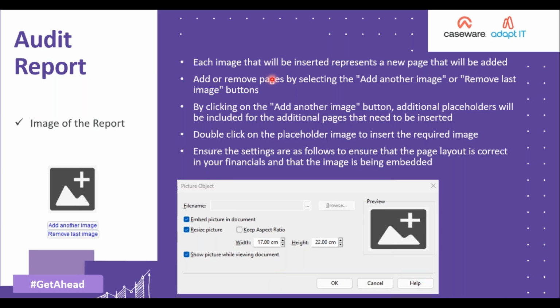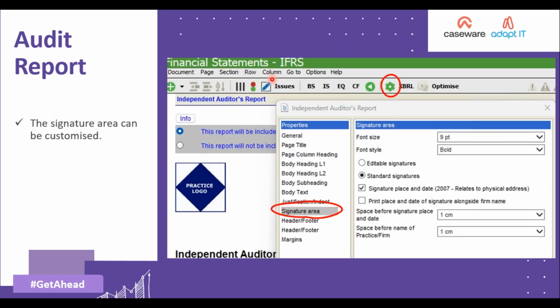Now, the next part is the signature area. In the audit report, we're still in the audit report. The signature area can be customized. So for instance, if you click anywhere on your independent audit report, I'm going to give you 1 minute to